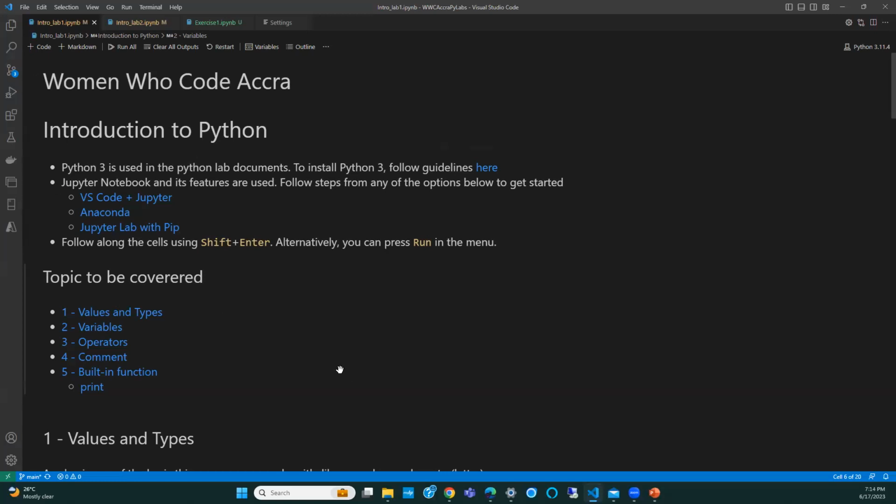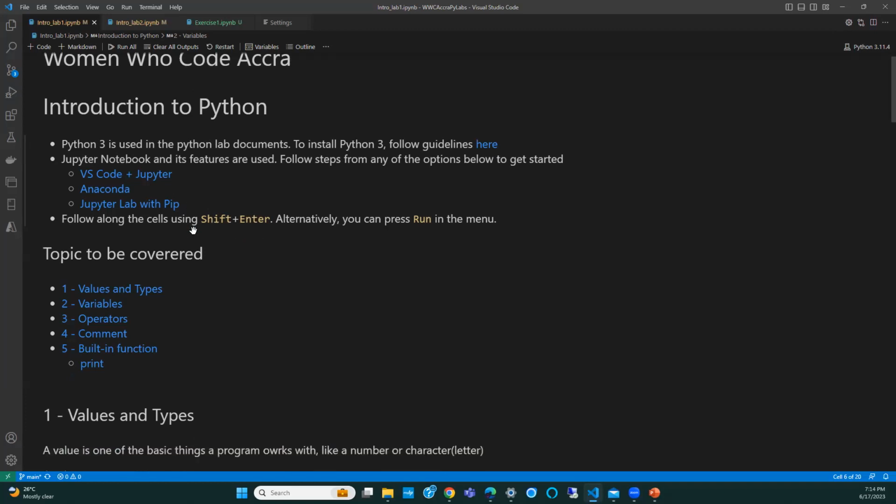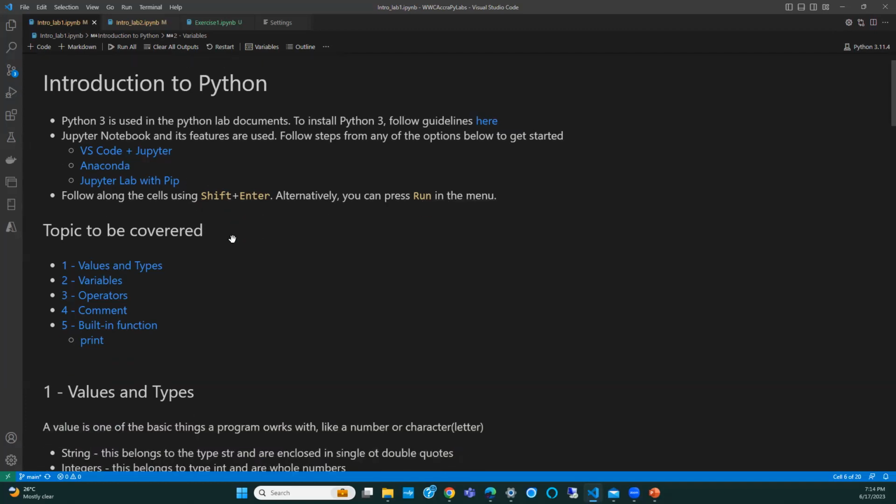What we went over in the first session: because we've done previous sessions showing how to install Python, we're not going to go over that. When you get this document, you can follow some links and guidelines that would help you install Python in your preferred editor. For our Python labs, you're using Python 3, mostly through the Jupyter Notebook. If you have any question or you're not familiar with it, you can type your questions or go through some guides on how to start with Jupyter Notebook. Some of the links would help you with that.